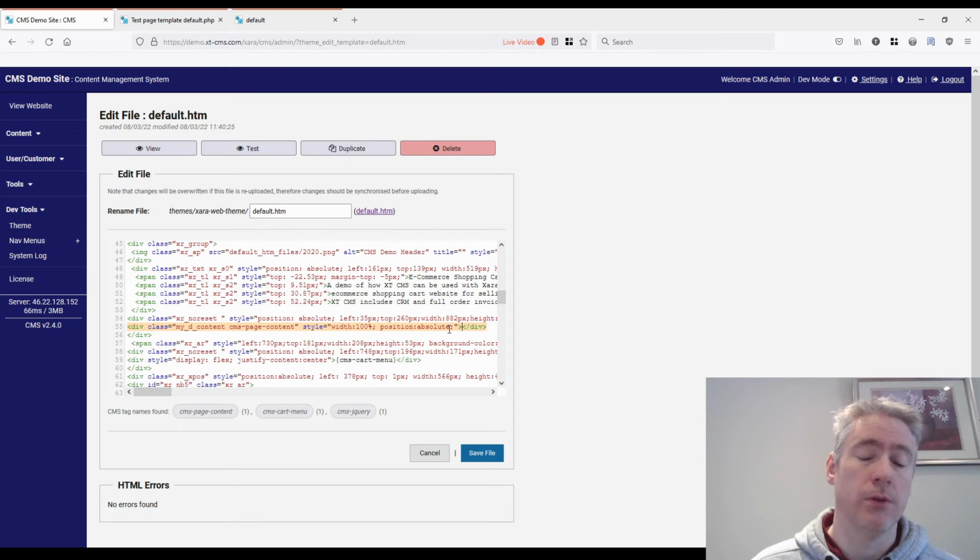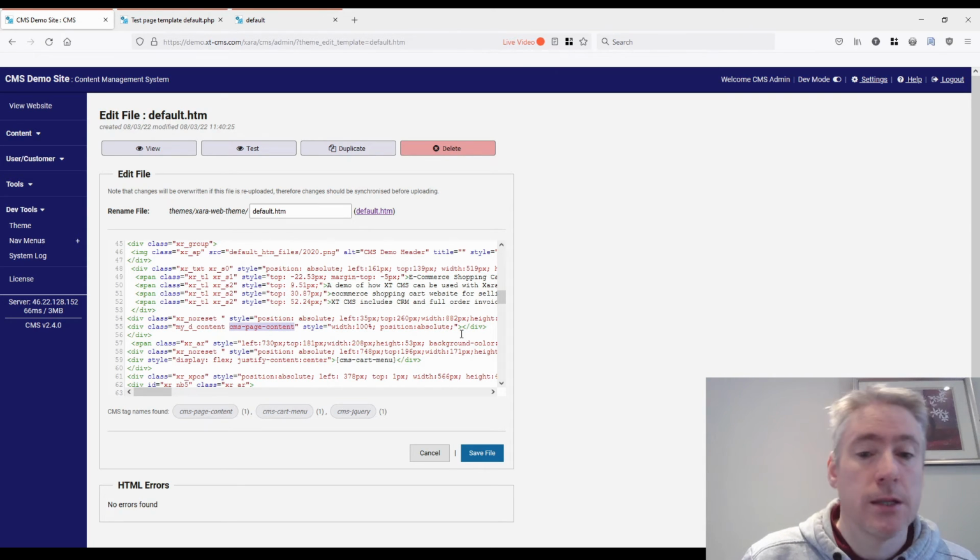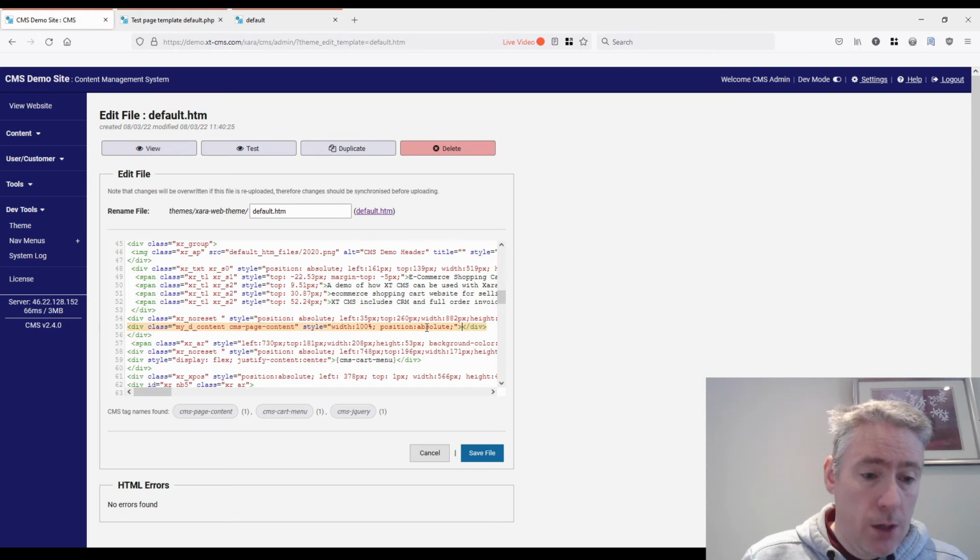You can use either or, but the one major advantage of doing it as a class name, and I'm not recommending it, but if you do, it allows you to keep your placeholder content in your template file. So when you're viewing the raw file, you can see how things are supposed to look, and then when it's run through the CMS, it replaces all that placeholder content with the actual dynamic content. So it's an option to use it as a class name or as a tag.